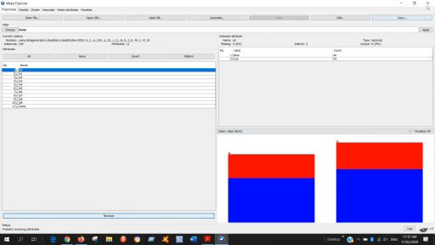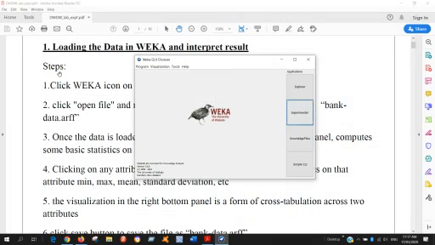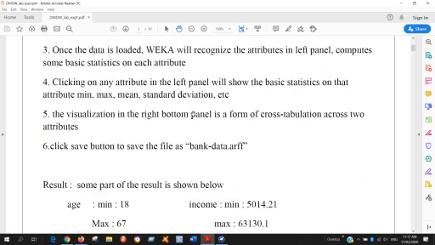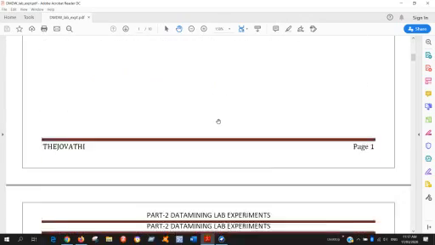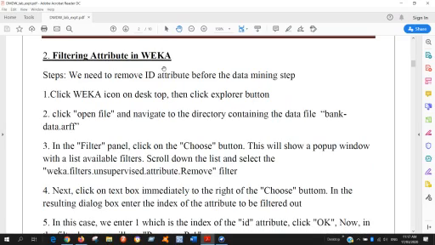Okay girls, this is your first program. Then coming to the second program: filtering attributes in Weka. You can load any one of the programs from the data, then you can implement filtering.